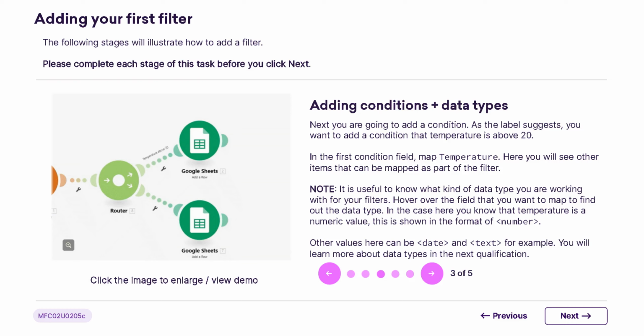Knowing the specific data type is crucial because it helps in selecting the right conditions. For instance, hovering over your selected field will reveal that the temperature is a numeric value. Being aware of these data types ensures your filters are more effective and precise. This is especially important when working with diverse data sets, so you can draw accurate insights and streamline your processes